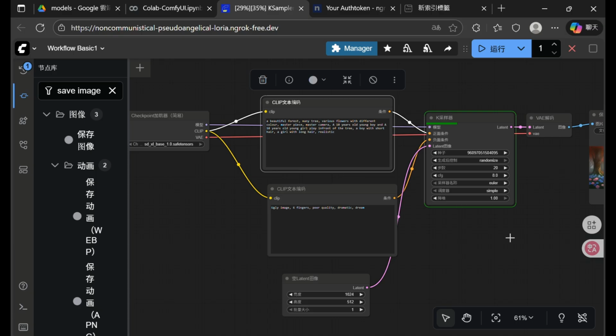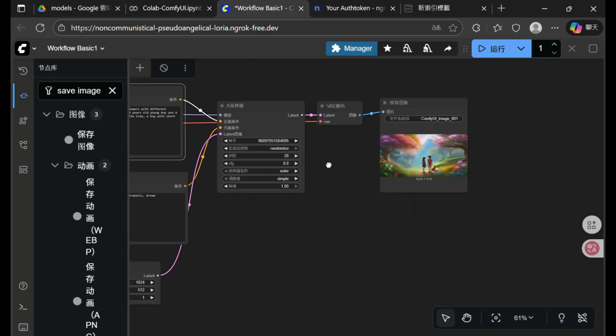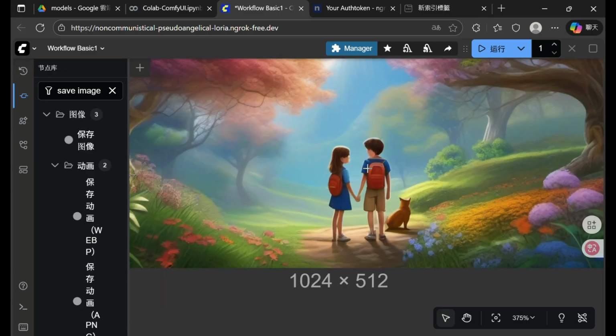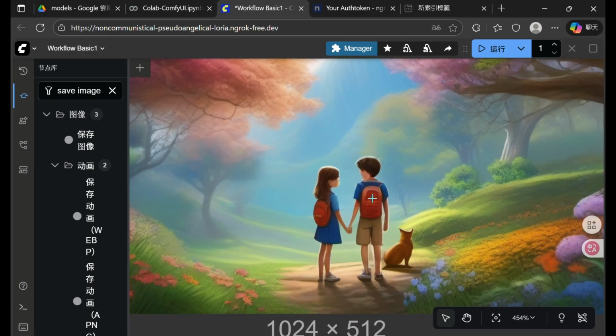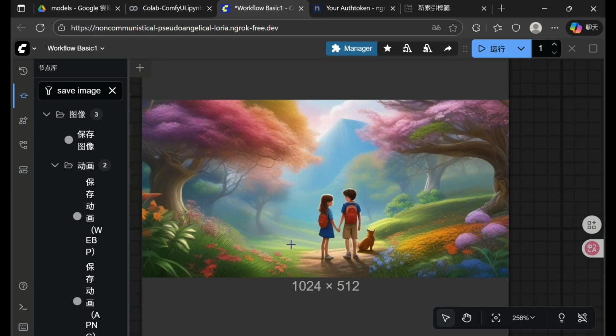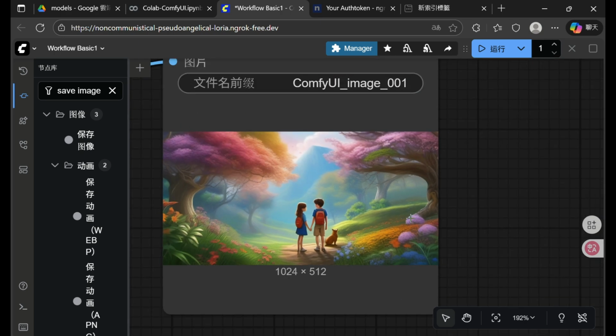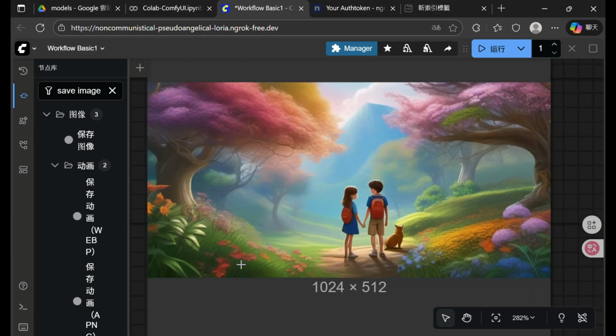So now go. The sampler loads and decodes. Oh, it's not good, right? Oh, it's okay. So we check this. Oh, we have a boy and a girl. They stand in front of the tree. I don't think so, but it is better because there are two children here, and there are many colorful flowers,